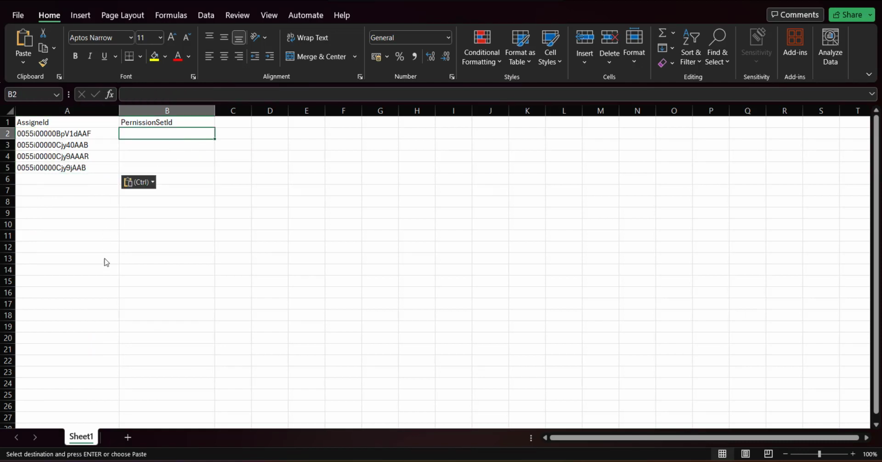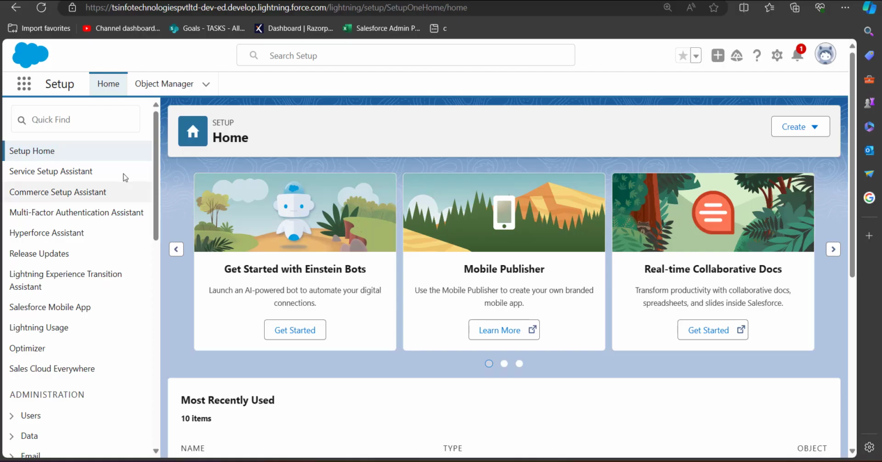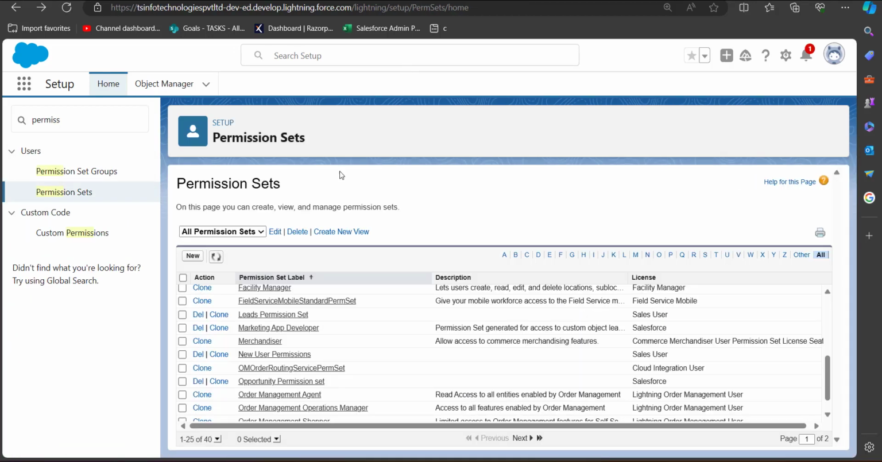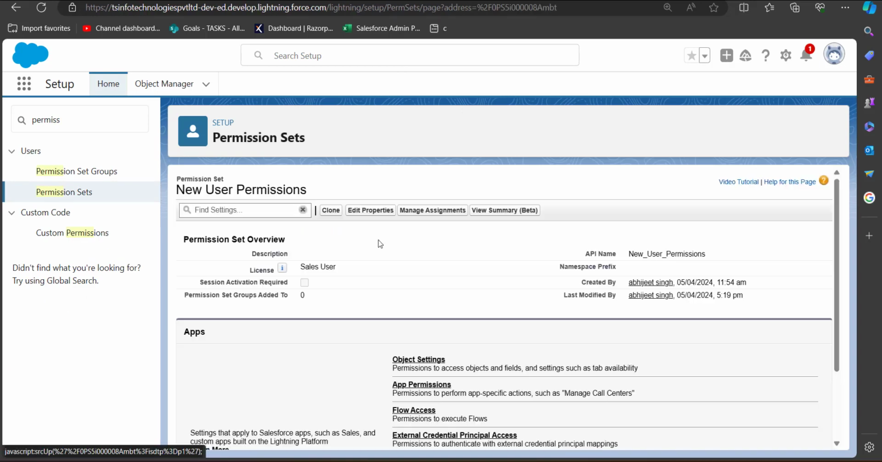And now to get the permission set ID, we have to go back to our Salesforce console, and here navigate to the permission set from the quick find box, and here search and select the permission set. So here I am using the permission set new user permissions, and to get the ID of this permission set, you have to just go to the URL of this page,